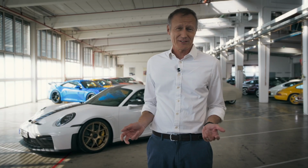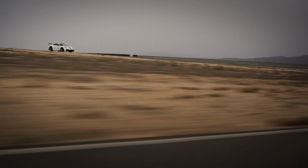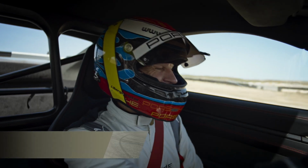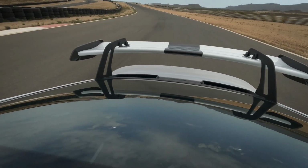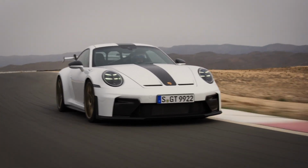So, now we know what it looks like and what it's got inside. But most importantly, how does it feel? The sound, the driving pleasure. Amazing. It's unbelievable how the car works. Ultra precise. The 8% shorter gear ratio is definitely great on tight and winding sections. This makes it even better in the perfect engine speed range,